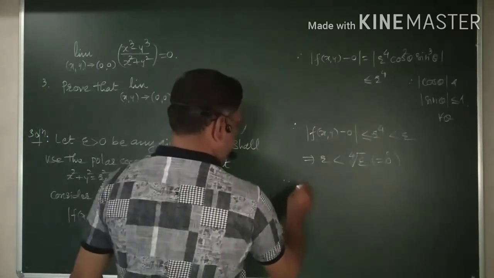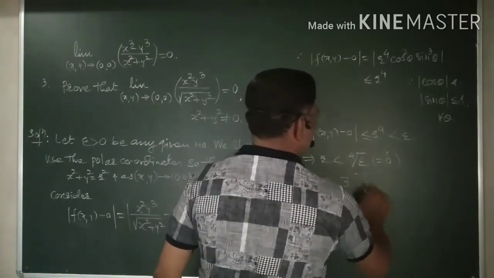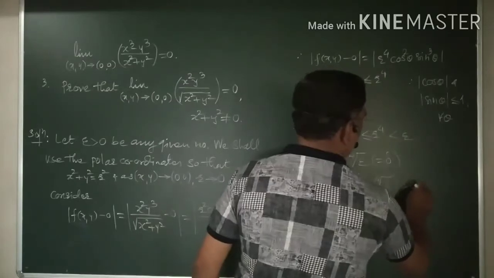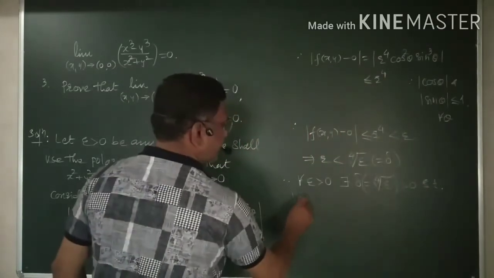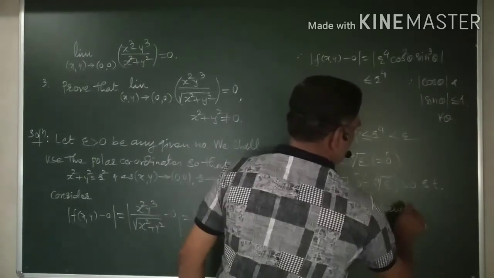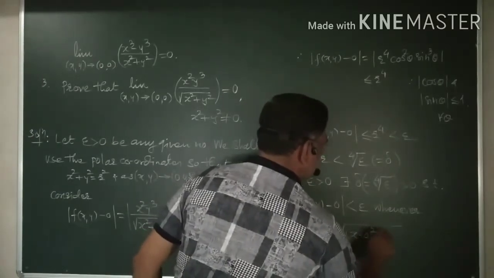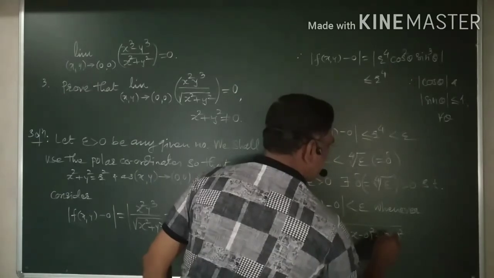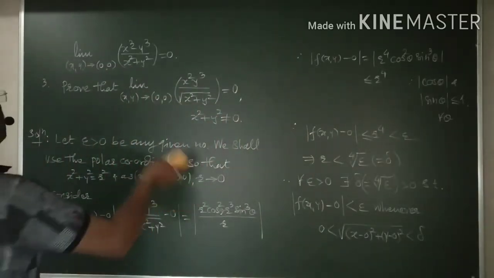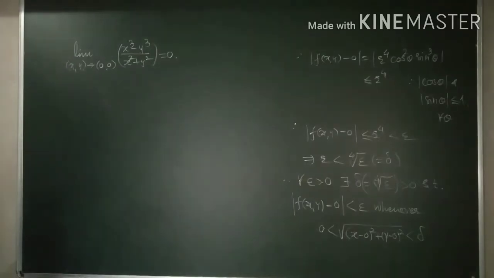delta. Therefore, for every epsilon greater than 0, we have obtained delta, which is equal to the 4th root of epsilon, which is again positive, such that the absolute value of f(x, y) minus 0 is less than epsilon whenever 0 is less than the square root of (x minus 0)² plus (y minus 0)², less than delta, and therefore by the definition of limit, we write